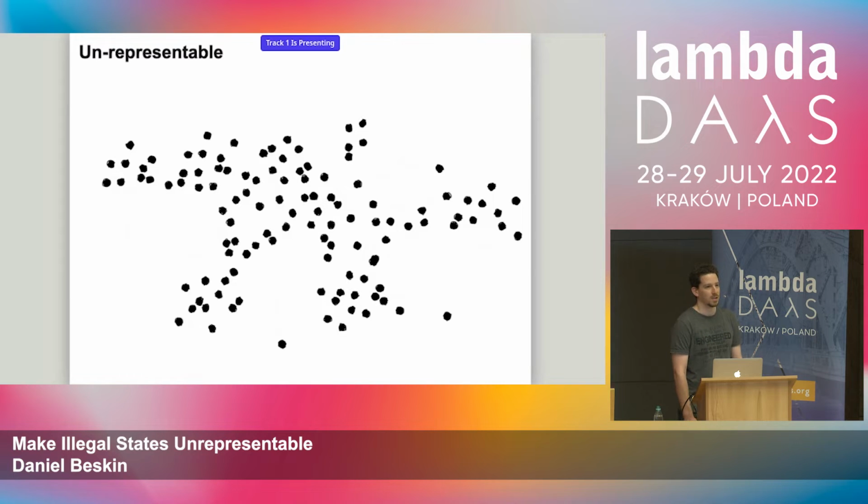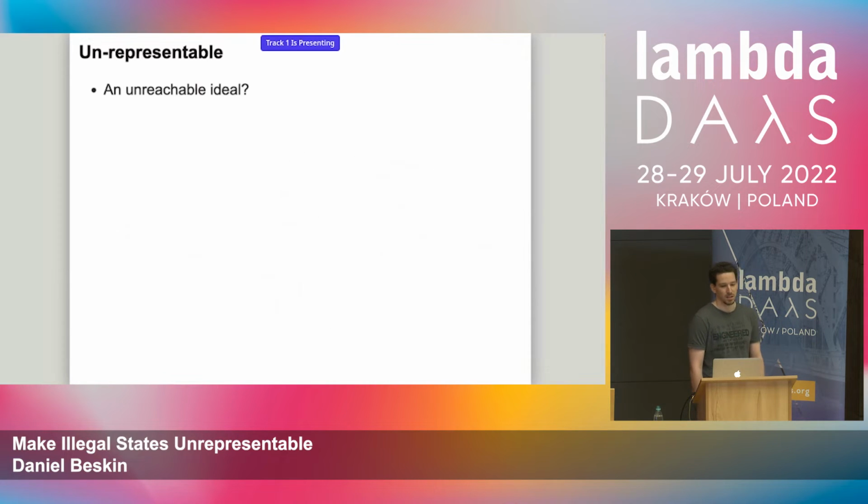And all you can do is walk around the illegal states and just never worry about entering the illegal red dots here. And this should be possible, not because you checked and double-checked your inputs, and not because you covered everything with tests, but because you make it strictly impossible to write down those inputs that would get you into an illegal state. So that's at least the ideal that we want to reach.